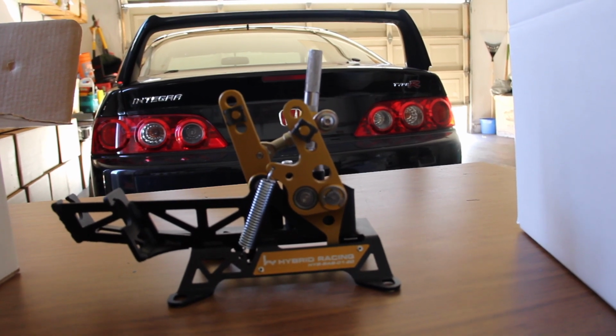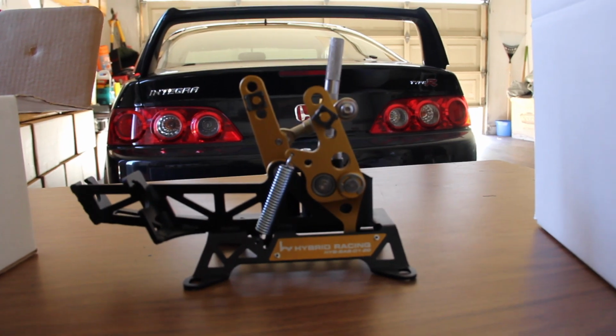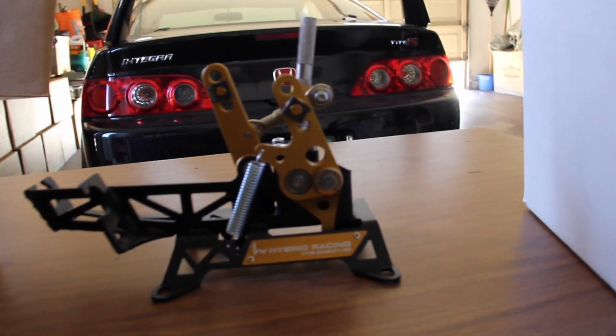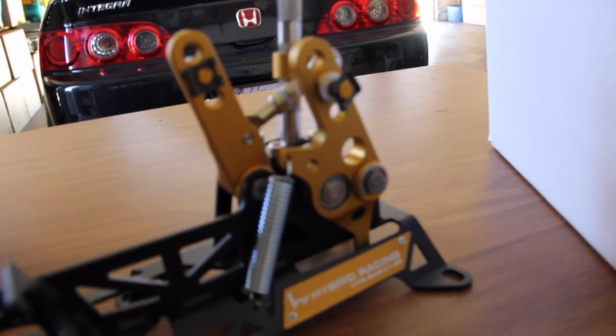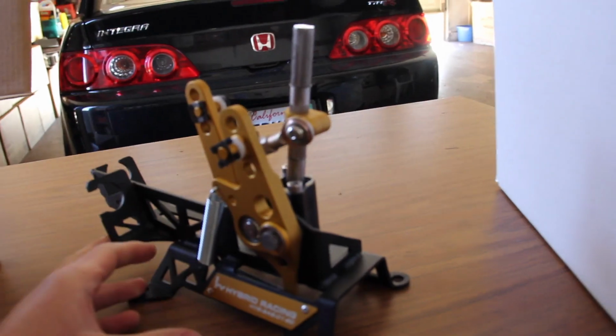So it was half off for Black Friday, so I went ahead and took the risk and I bought it. And honestly, getting it here, having it in person, the material on this is great. It looks heavy duty to me. I mean, it looks well designed and it's very adjustable. Just the other thing for it